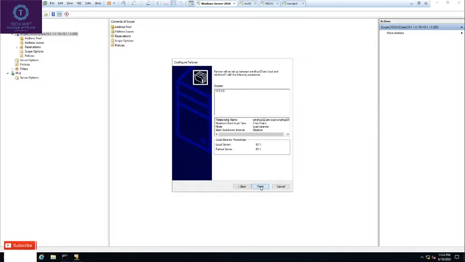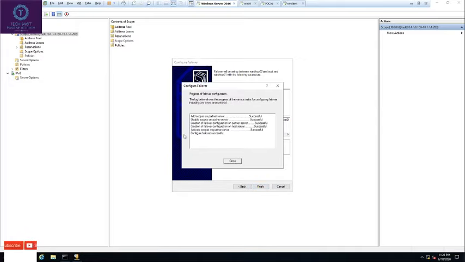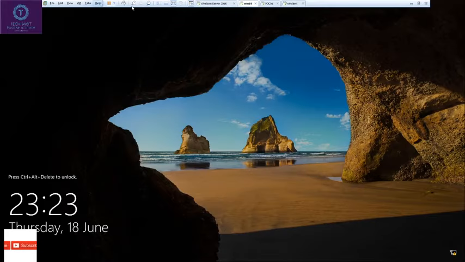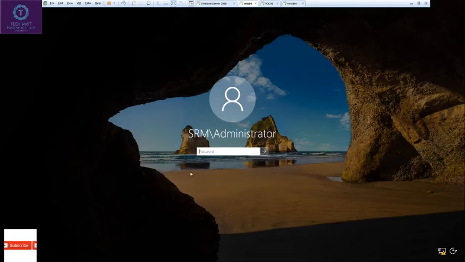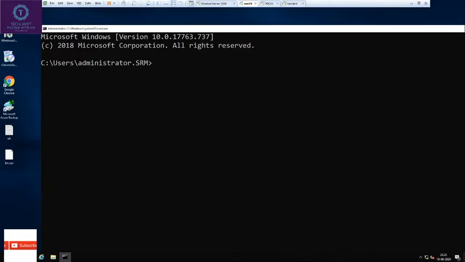It will say to finish. As you can see, the scope is created successfully. Now we will go on the partner server. As you can see, the host name is 01.